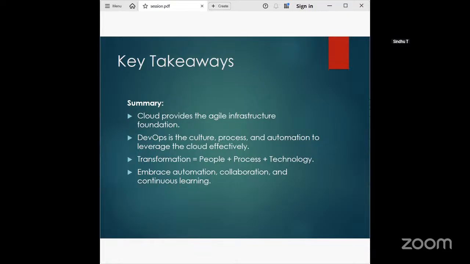To summarize the lecture overall, the agile foundation with on-demand and programmatic infrastructure is the cloud, on-demand, pay as you go. And DevOps provides the necessary culture, automation, and lean principles to effectively utilize the cloud's power. And the transformation journey requires a balance of people, process, and technology, as I said. So the ultimate outcome is increased stability, speed, and innovation capabilities for your organization if you're developing some product.